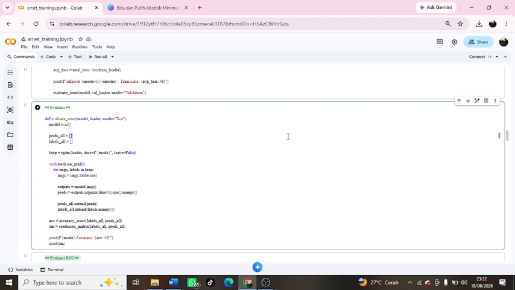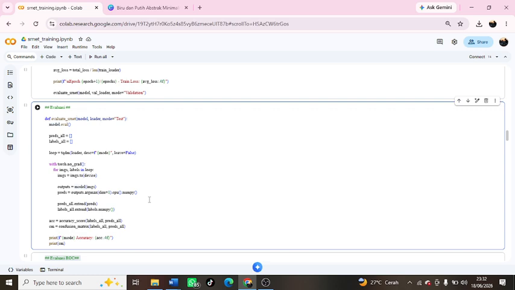After the training process is complete for all epochs, the SRNet model is evaluated using the evaluate underscore SRNet function. At this stage, the model runs in evaluation, or eval, mode, so the network parameters are not updated. All images in the validation or test dataset are processed to generate class predictions: cover image 0 or stego image 1. The predictions are then compared with the actual labels to calculate accuracy as a measure of classification success.